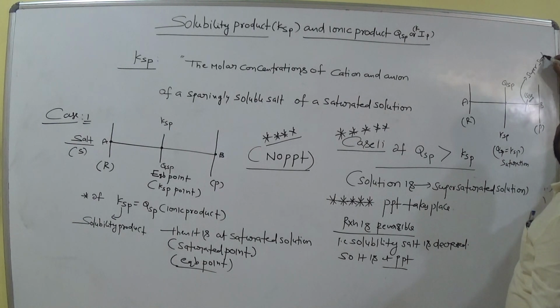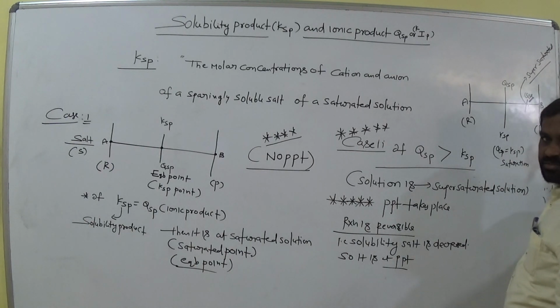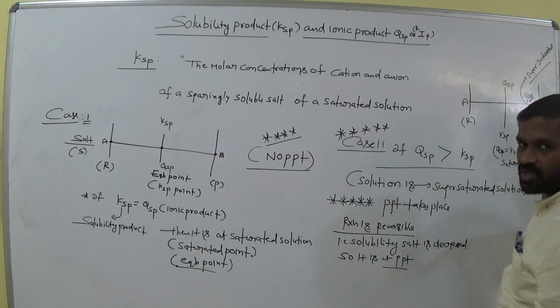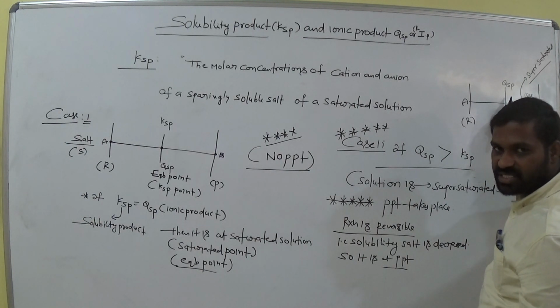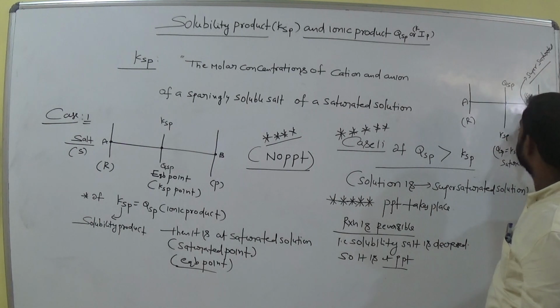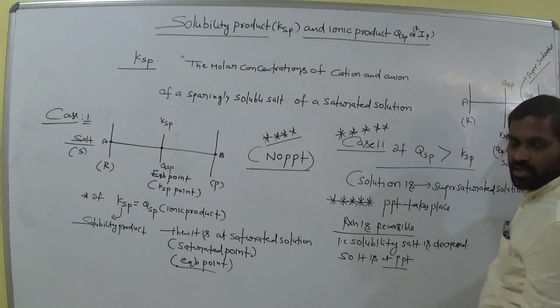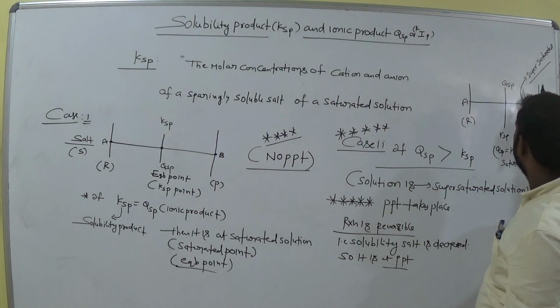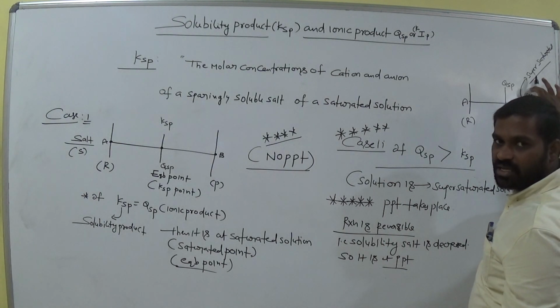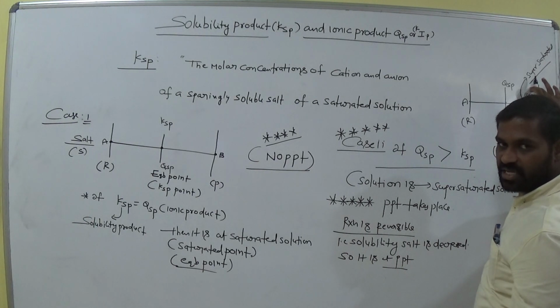Supersaturated condition, this one. More quantity of solute is dissolved. So now solute has PPT. Okay. This point is saturation. Exact quantity of solute is there in the solution. So it is exceeded. Solute quantity is exceeded. Okay. That means PPT takes place. That means supersaturated condition. So now this solution tries to get the saturation. Am I right? Try to get the saturation.